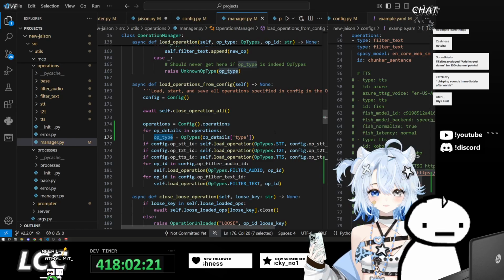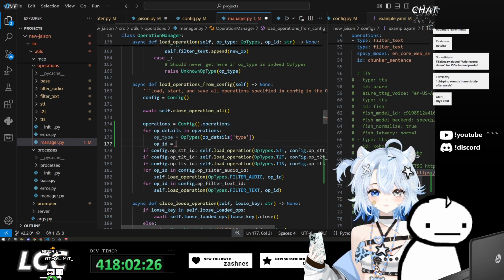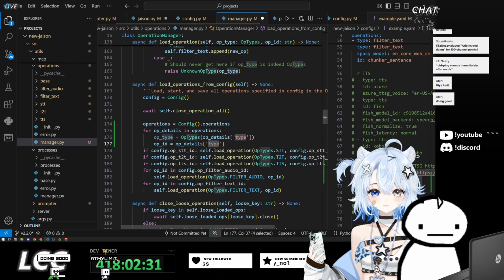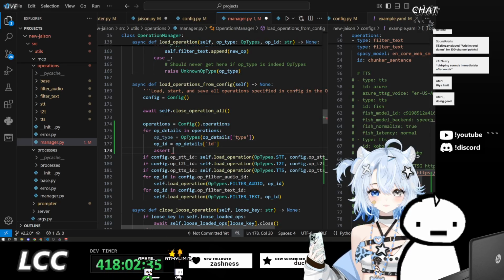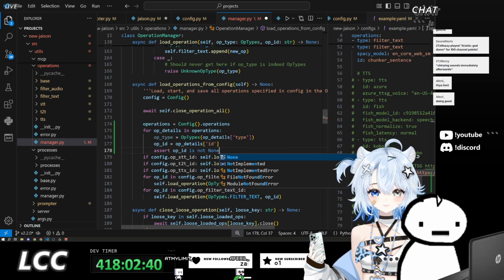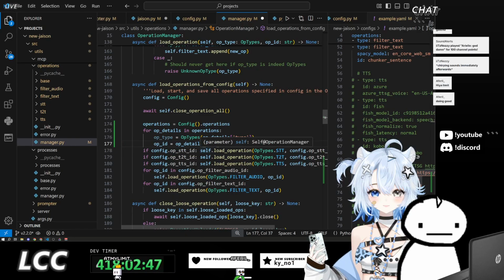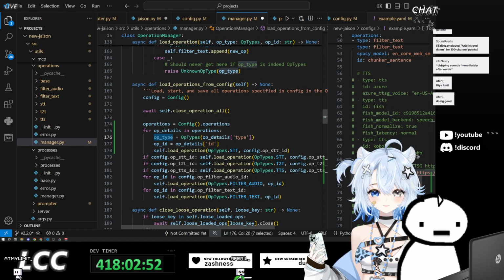Operation type, we get that. We need operation ID. Operation ID is equal to op details ID. We need to assert that both of these are in fact here. Actually, we don't even need to try and assert that because it will just not load if that is the case. We need to load the operation. This will be the op type as well as the op ID.